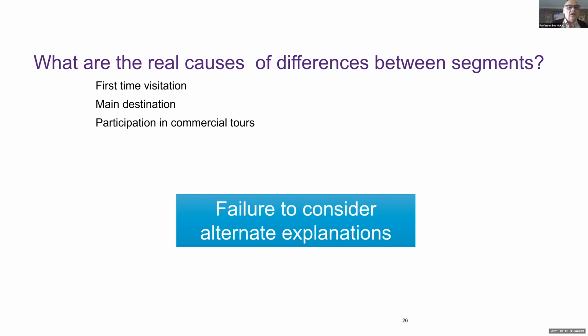Similarly, if you take a day tour, a sightseeing tour, you're going to visit a lot of things. And when you tick the box, you can say, we tick the box. And in fact, your visit to a temple in Hong Kong may have nothing more to do than it was raining and you wanted to go inside out of the rain. So the failure to consider alternate explanations and then to instead infer a causal relationship is what leads to terrible, terrible research about the size and importance